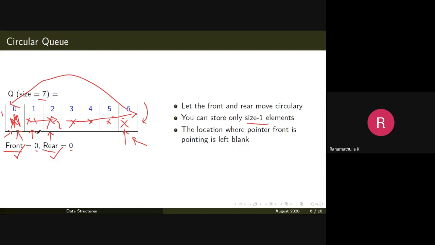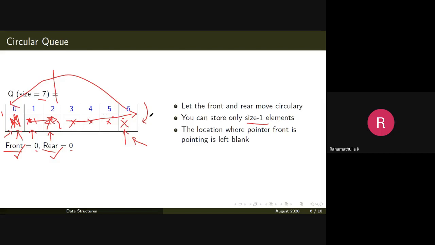At this point of time, let's say you have deleted some elements. You delete the first element. While deleting, you move the front pointer and delete this element. So your front pointer is now pointing to 1 and the element is deleted. One more deletion, and your front pointer is pointing to the second position. You delete this element. So now you have elements only at these positions 3, 4, 5, and 6. You have vacant positions at these places. Front is pointing to this second position.